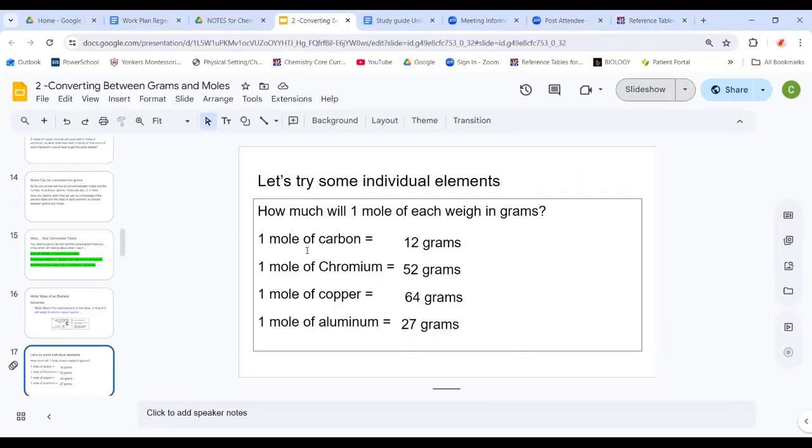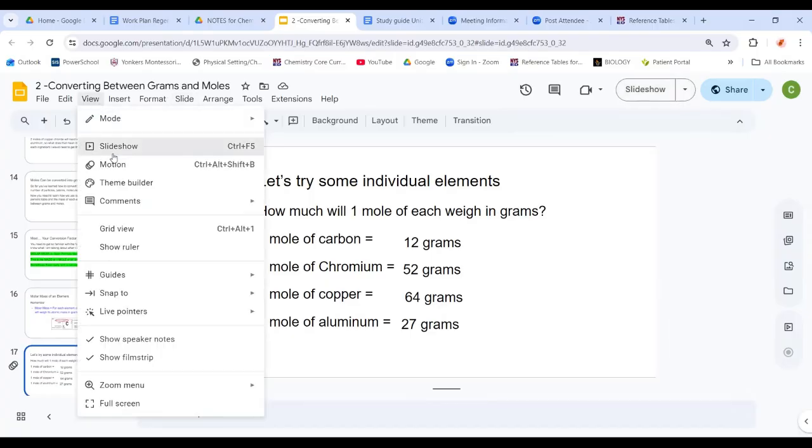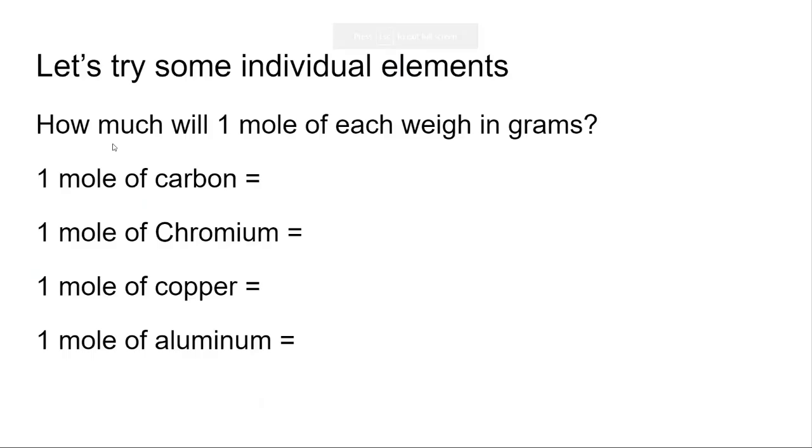And so, you should be able to look up these on the periodic table. So make sure you get your periodic table and then we'll go through it. 1 mole of carbon will have a mass of 12 grams. 1 mole of chromium, look up the mass on the periodic table. Chromium is Cr, it's a transition metal, top row,